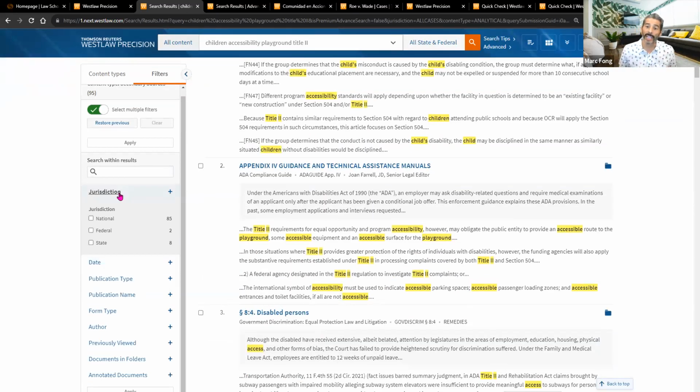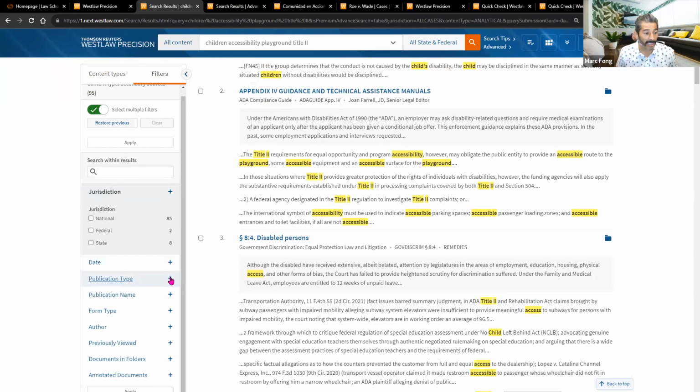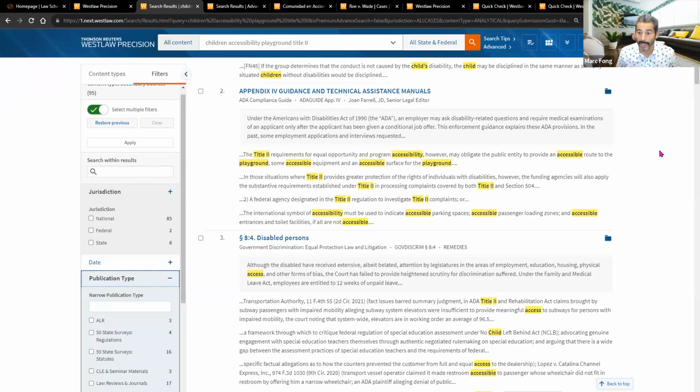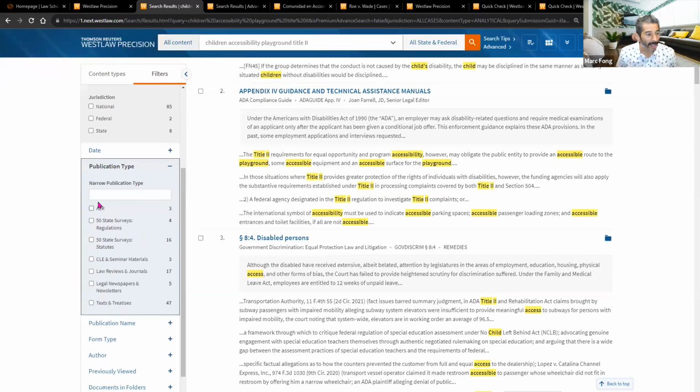I mentioned you can change the jurisdiction after you've done your search, and you can do that here. You can also have a date range, so if you're looking only for a specific time frame, you can do so here. Publication type. I will stop here and let this person in, but also point out a couple of my favorite